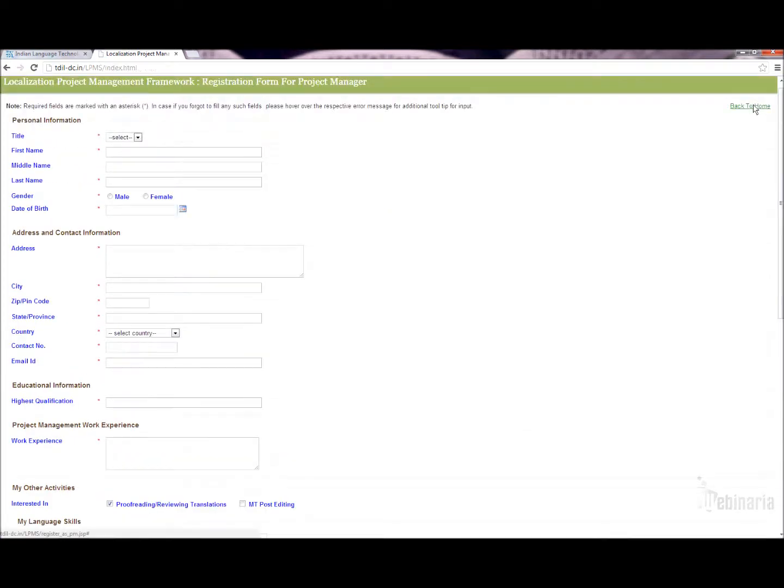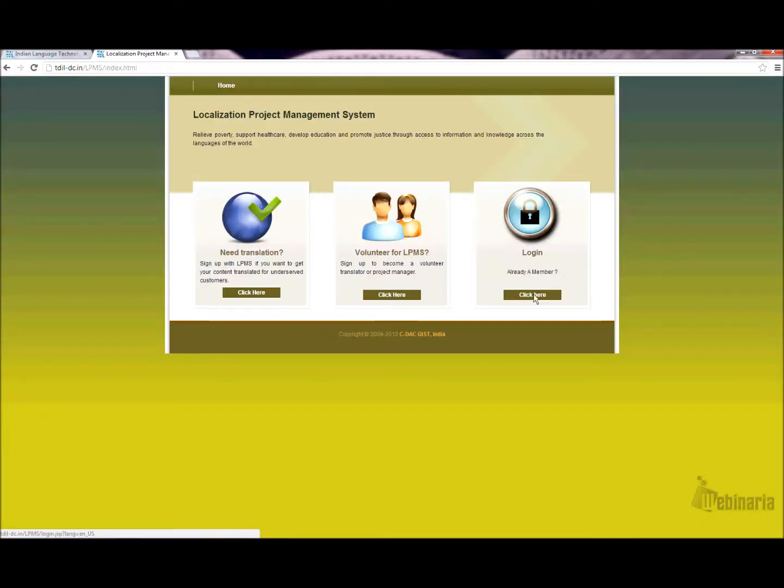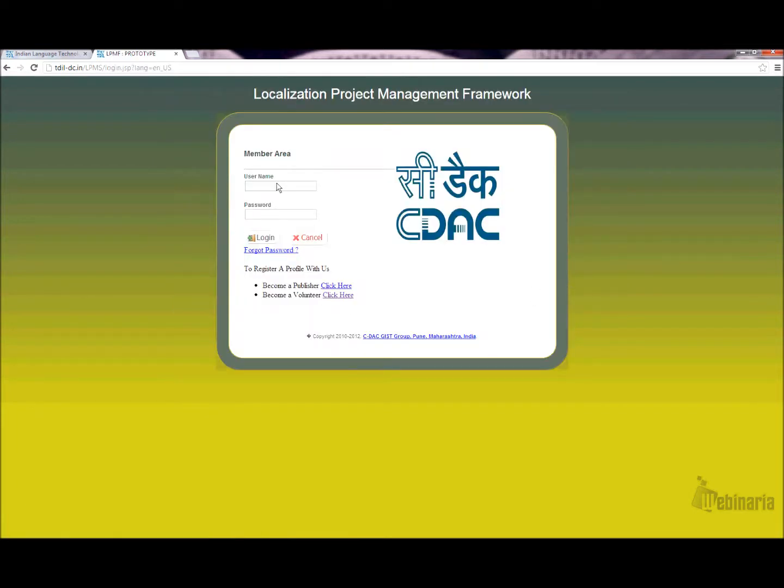If you're already a registered user, you need to log in. You need to provide your login credentials on this form. In this demonstration, I'm using WikiAdmin and my password for accessing the modules of the LPMS. You can use your own credentials to continue.